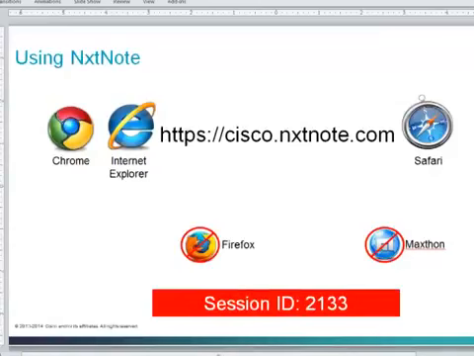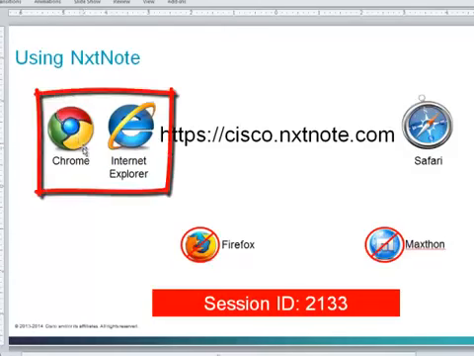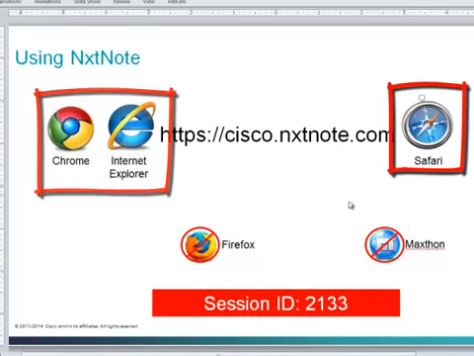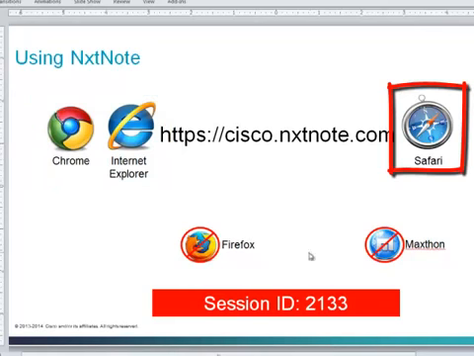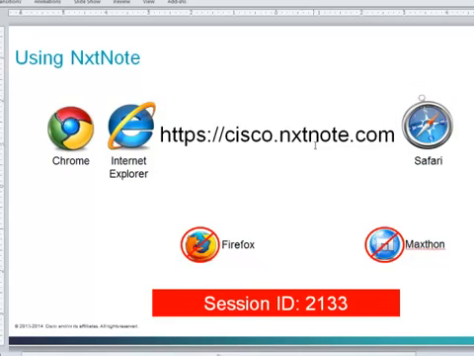called NxtNote. NxtNote is a web-based tool, so you'll need to get a browser running, and we recommend you use either Internet Explorer or Chrome, or if you're using a Mac, Safari, and please don't use Firefox or Maxthon or the other browsers. The URL that you'll type in is going to be